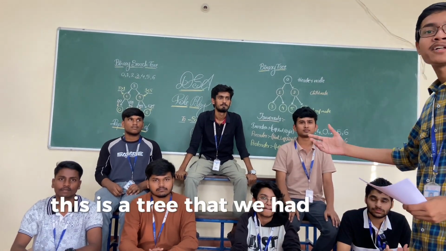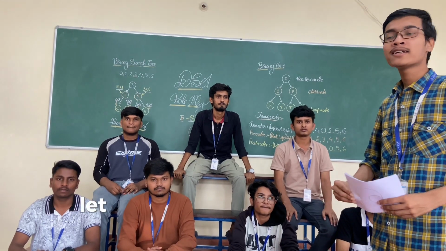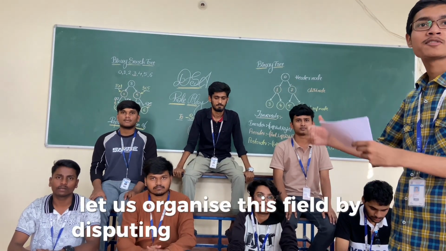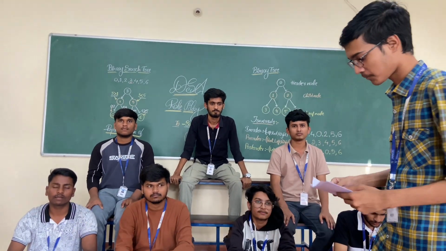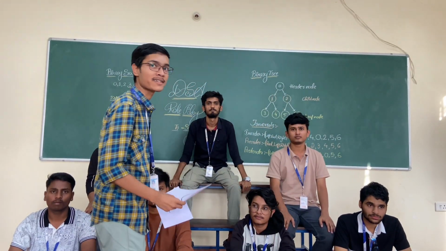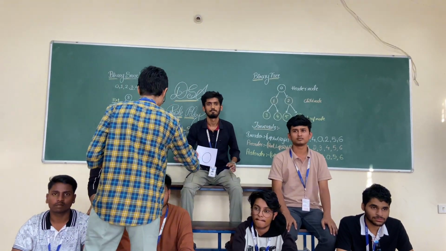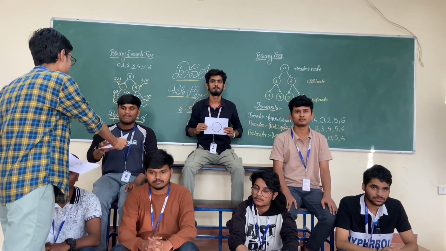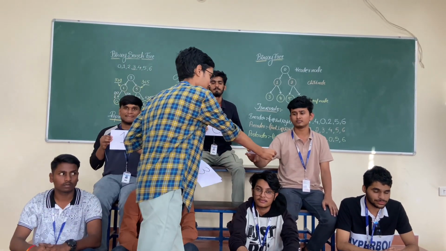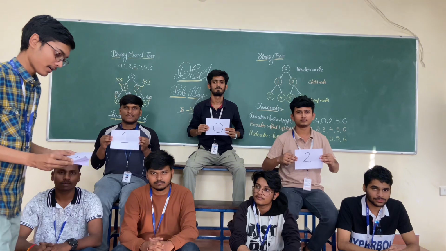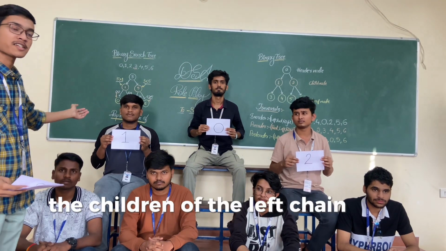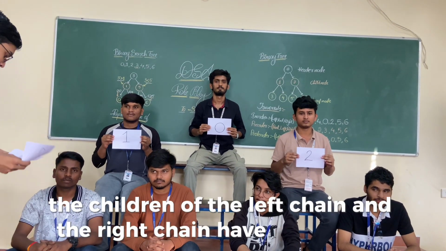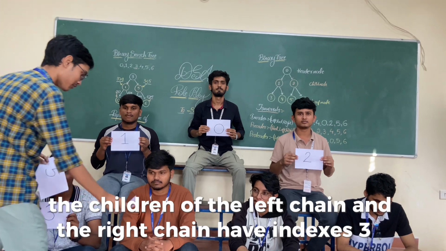This is the tree that we showed you earlier. Let us organize this tree a bit by distributing index numbers. The root node has the index value of 0. The children of the root node have index values 1 and 2. The children of the left child and the right child have indexes 3, 4,